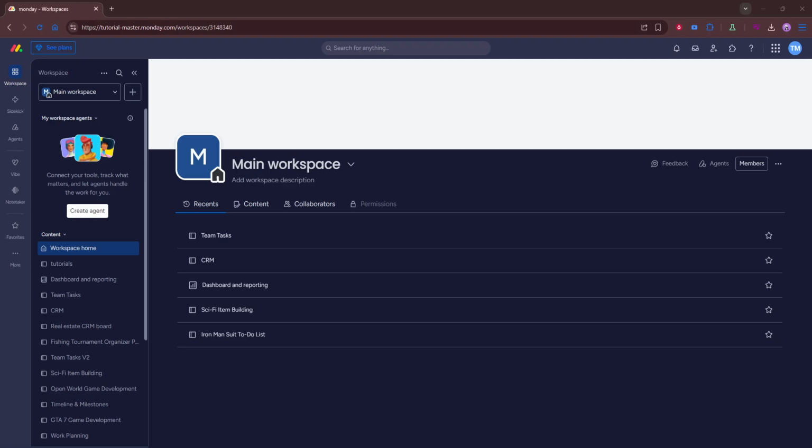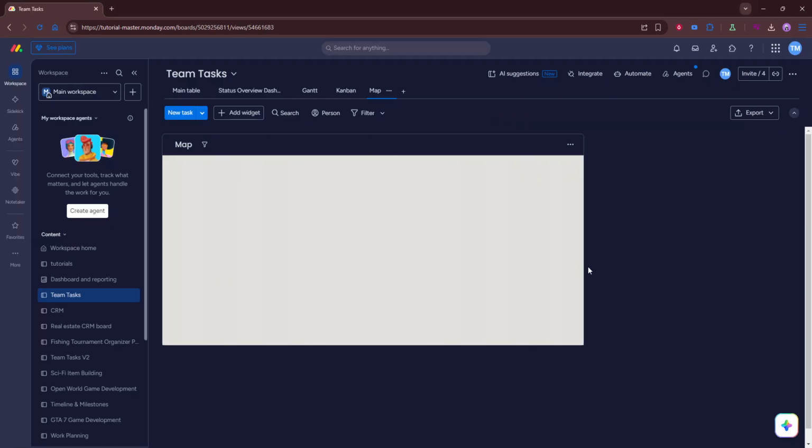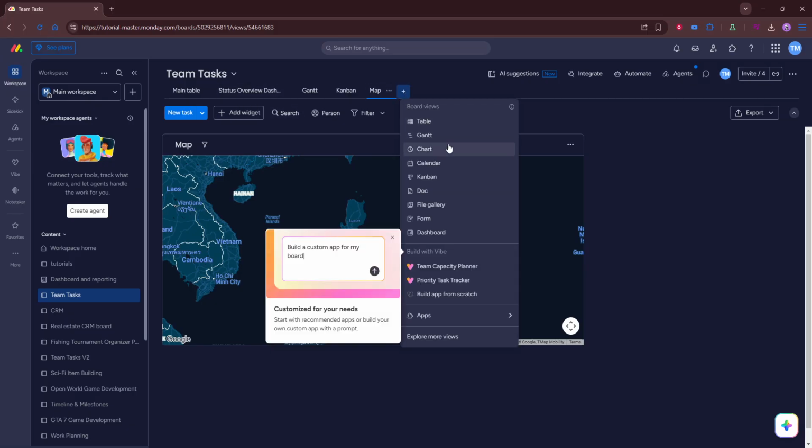This area lets you switch between different ways of looking at the same information, depending on what you want to focus on. From there, select Main Table or Table View. This view is one of the most useful and straightforward layouts in Monday.com because it presents your work in a clean spreadsheet style format. It's especially helpful when you want a full overview of your tasks, projects, or workflow details